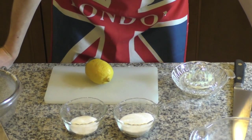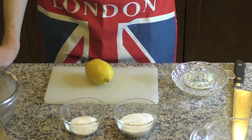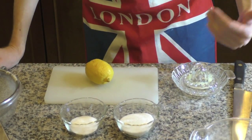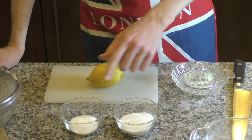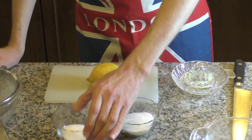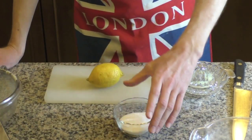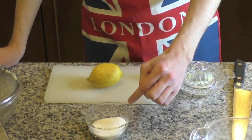Okay, so the cake's almost done. There's another 3 minutes on the timer, and before it's done, we're going to have to make the topping. For this, we're going to use the other lemon that we had left over and a little bit more sugar. We have 1 tablespoon here, which is going to go straight on the cake, so put that over here. And we have 3 tablespoons of sugar here, which we're going to mix with the lemon juice to make a